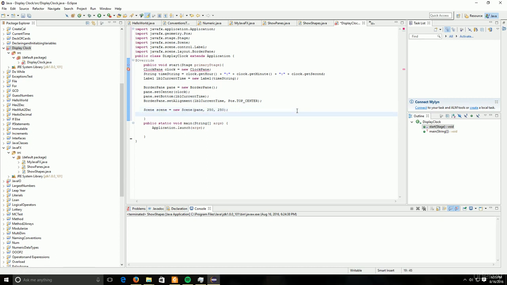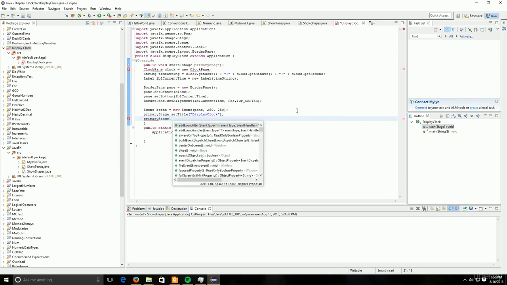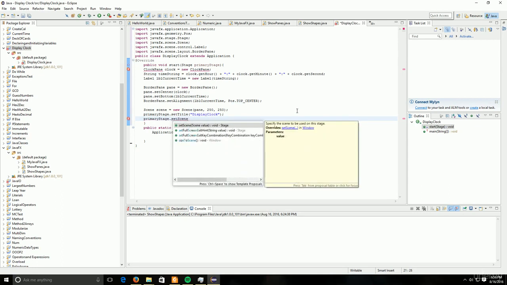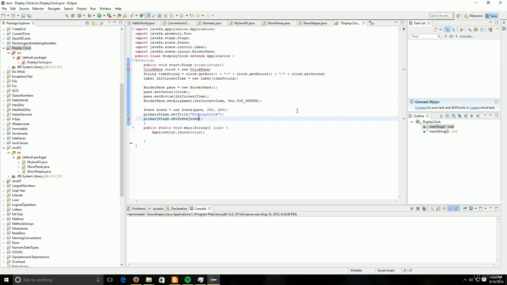Once again, because it's a border pane, it'll automatically resize, so you can change the size based on what you're dealing with. But in our case, the default size, and it's a good size for a clock, is just going to be 250 pixels by 250 pixels long. Then we're going to have the primary stage, and we're going to set its title to display clock. And then we finally have to set the scene by saying primary stage dot set scene, and then we provide our scene that we've created. And finally, we have to show this by saying primary stage